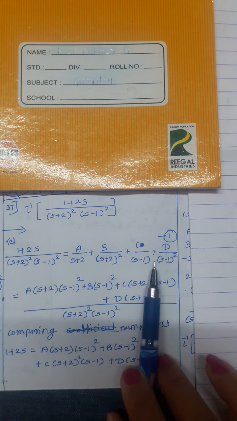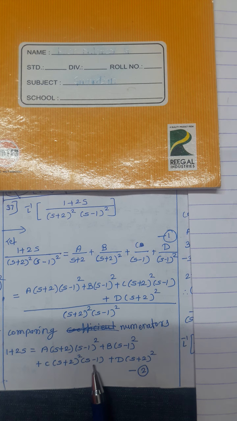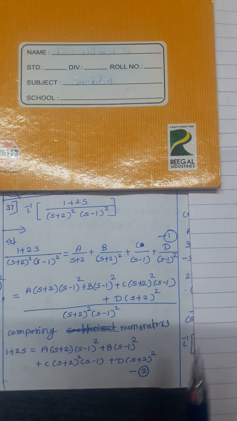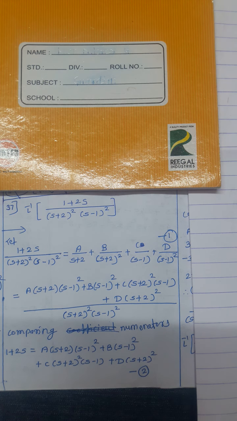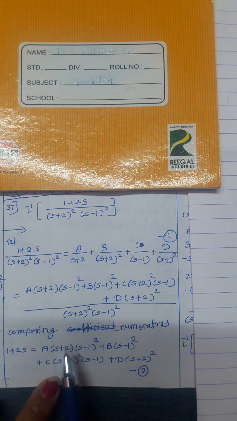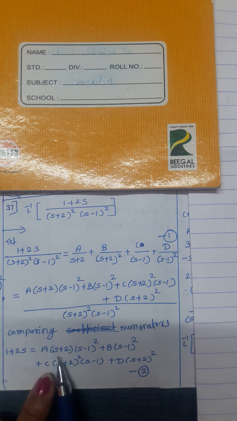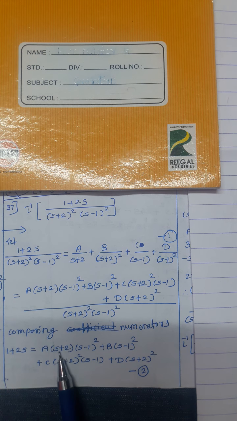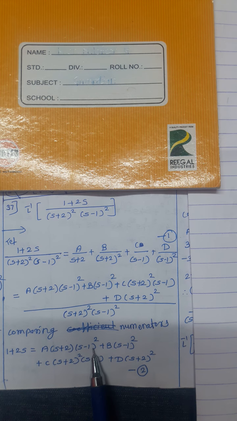Okay, now next step, we have to calculate the constants A, B, C, D. Call this equation number 1. Once we calculate the constant values, we have to resubstitute them in this equation, and we can easily calculate the inverse Laplace transform. Now see the factors here, these are linear factors and there are two linear factors, that's why we can get at least two constants using the substitution method. Substitution means we put s equal to minus 2, then we get one constant, and after that we put s equal to plus 1, and we get the second constant.